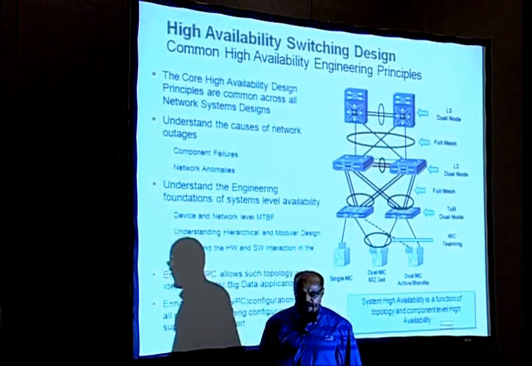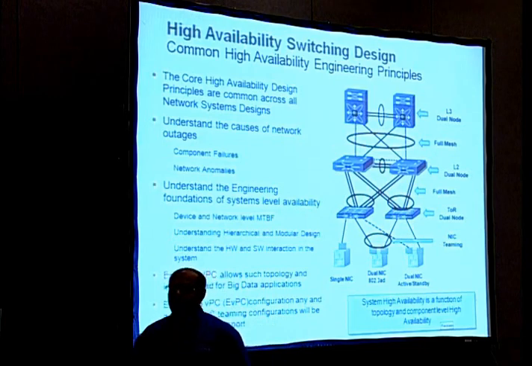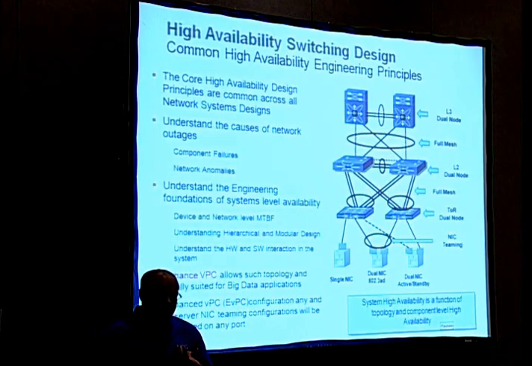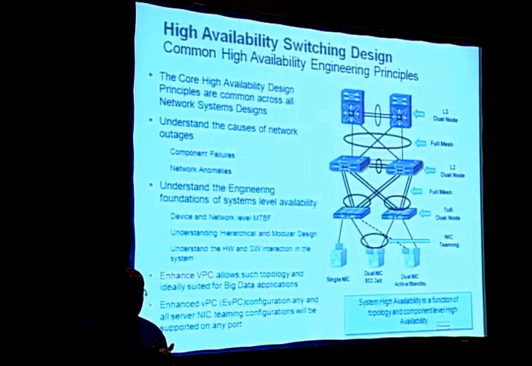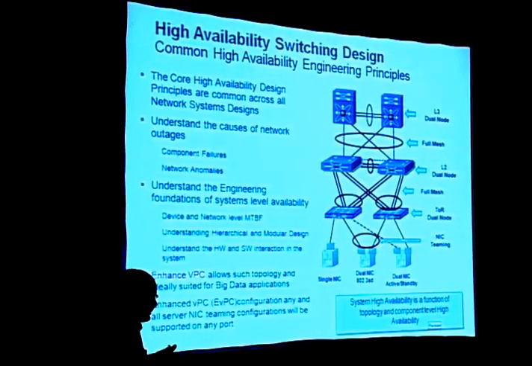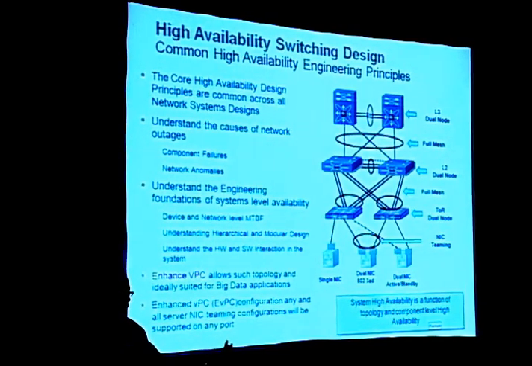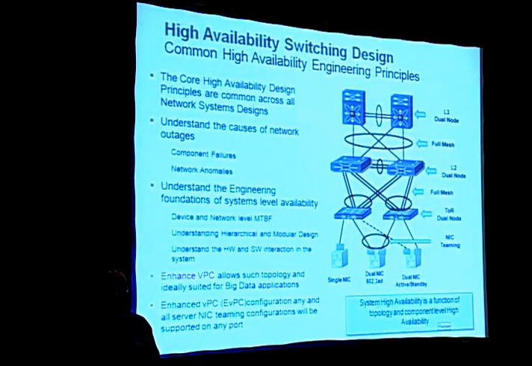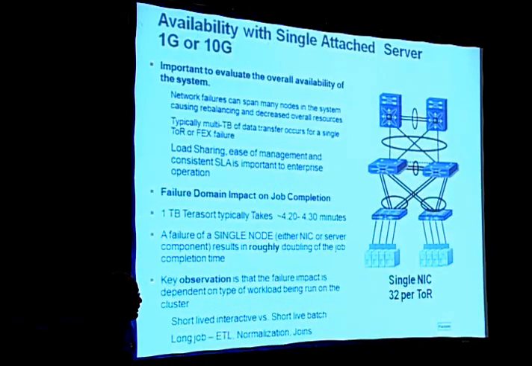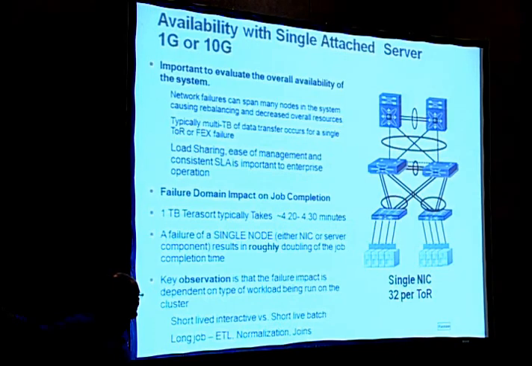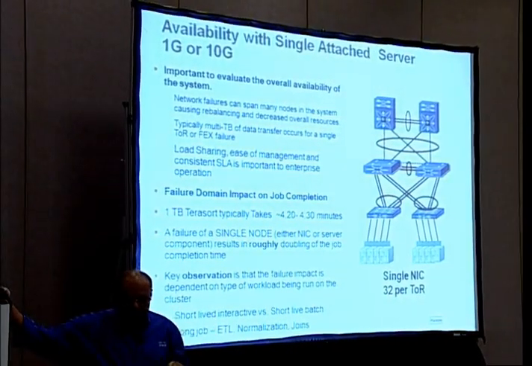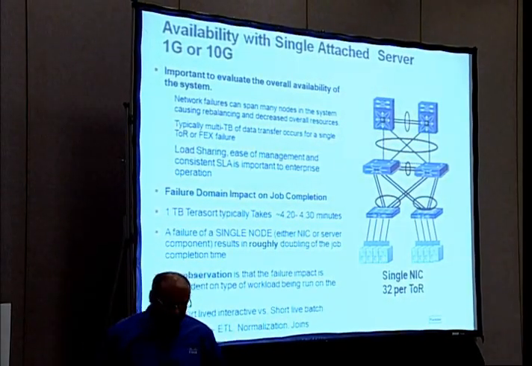So redundancy matters, and at every level it matters, right? The key point for you to remember is that at the access layer, you have a variety of choices to connect networks: single attach, dual attach, or active standby. We worked with single attach server characterizations and dual NIC attached characterizations, 1 gig and 10 gig, right? This is one of the most adaptable topologies for any type of server connectivity you want. So you homogenize; it doesn't matter what the server configuration is, your network topology is adaptable and redundant all the way. Man, did I bore you?